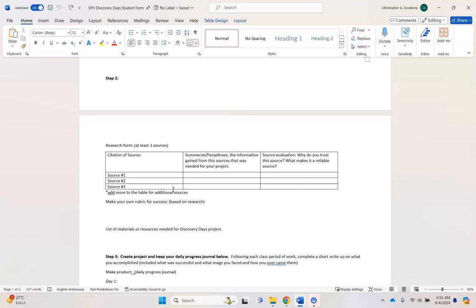If you're doing it on how to start a YouTube channel, right? I'm sure Mr. Beast or someone has a video on that you can find easily. You cite that source, summarize and paraphrase the information that you gain from it that you need for this project, and then write about why you trust this source. What about this source makes it reliable? And that's going to be about 2 or 3 sentences, making sure that you're showing us that you can identify quality sources. I'm expecting you to have more than 3 sources, but 3 is the minimum for this task.